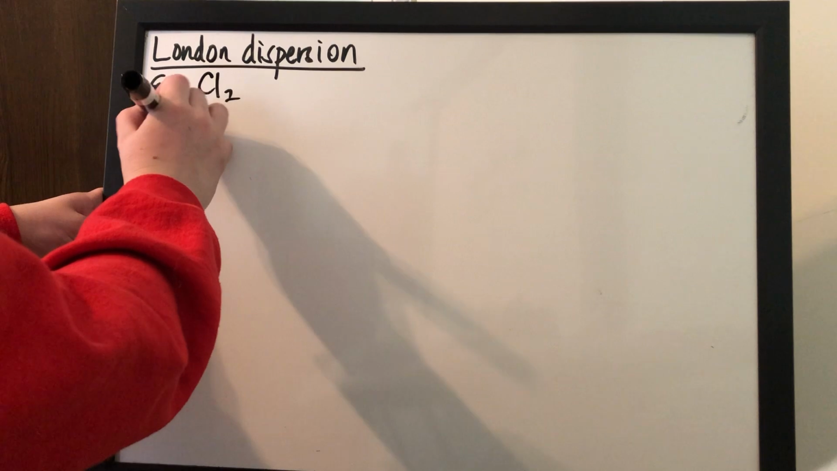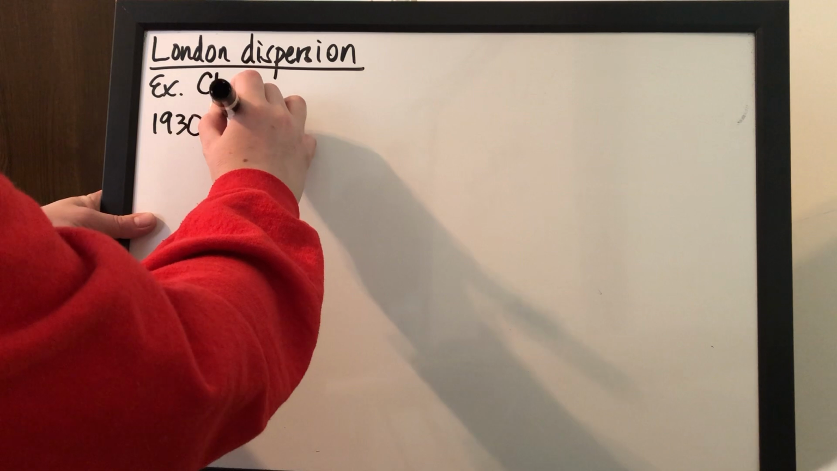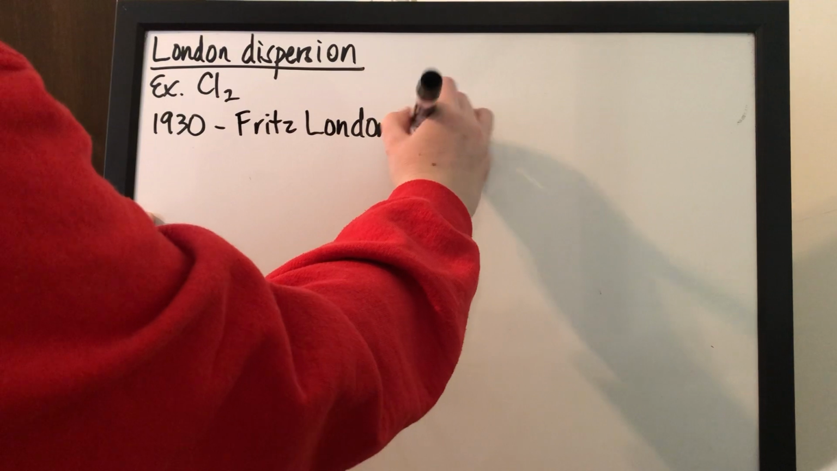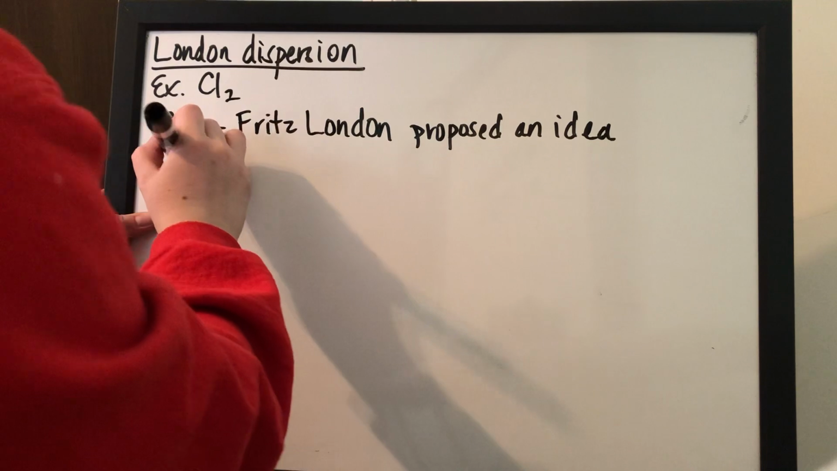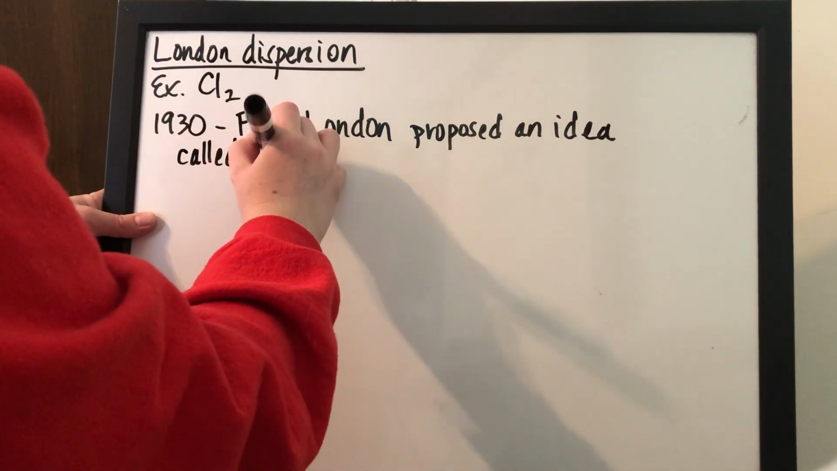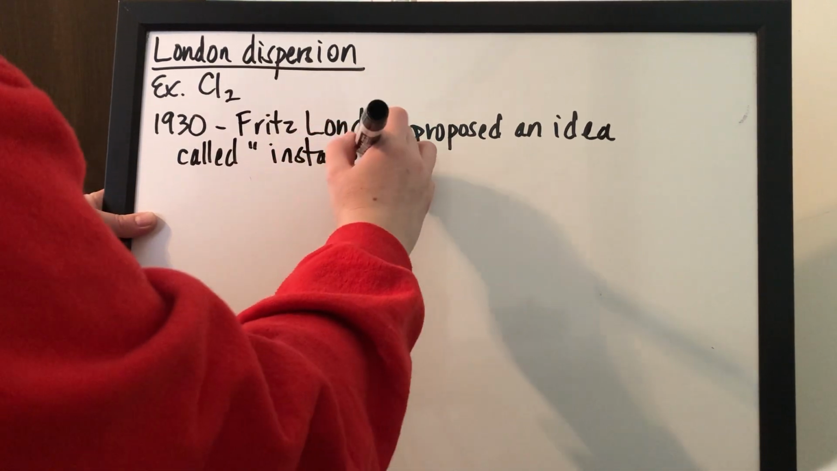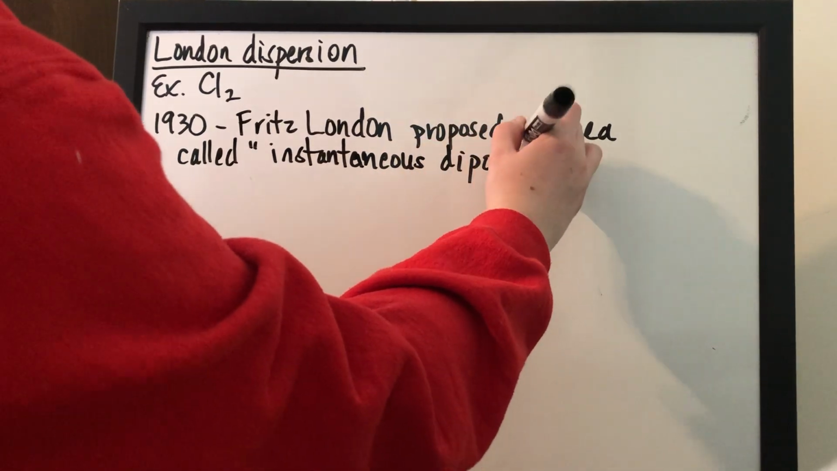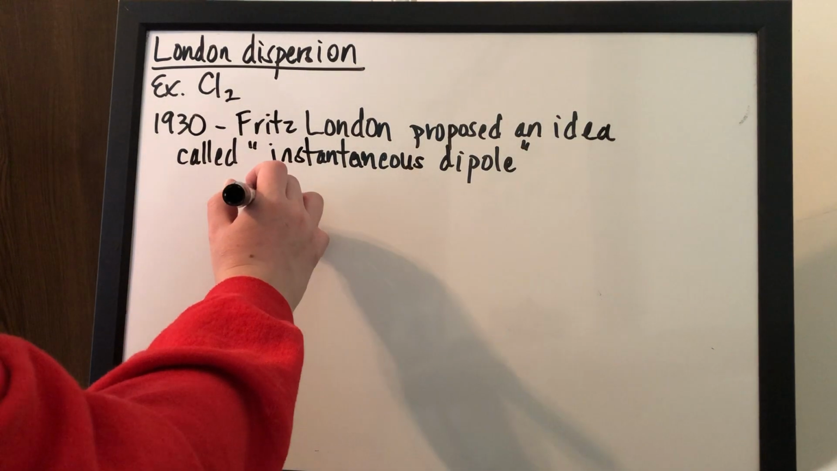So this idea was proposed in 1930 by a guy named Fritz London, thus the name London dispersion. He proposed an idea that we will refer to as an instantaneous dipole. Yes, dipole, almost spelled it wrong. Okay, and so what he said was, if you have a chlorine